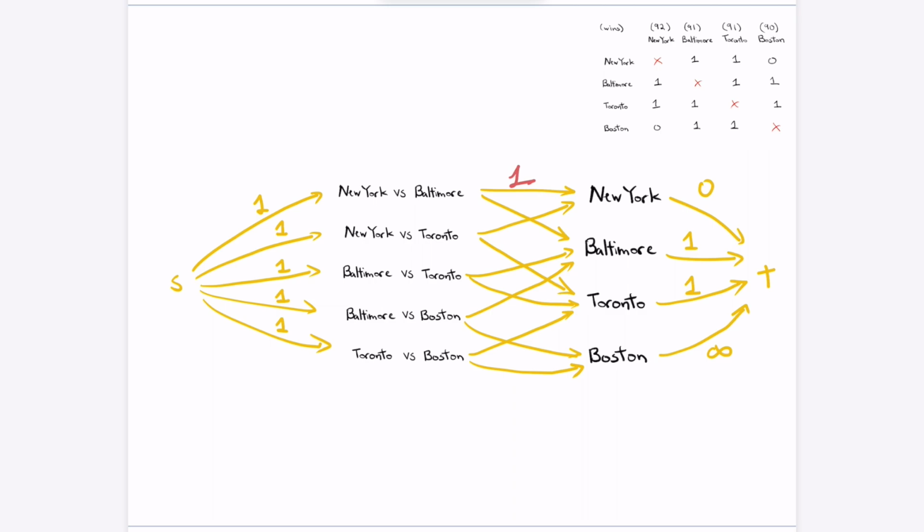Okay. And now one key thing is the right hand edges. So if I look at this table, I know that I can only afford to let Baltimore win one game and Toronto win one game while the Red Sox can still make the playoffs. And I can't let the Yankees win any games, right? So what I'm saying is, can I send really 5 units of flow from left to right subject to these constraints? It's saying, can I assign wins to each of these games so that New York wins at most 0 times, Baltimore wins at most 1 time, Toronto wins at most 1 time, and Boston can win as much as possible. That's fine. Okay. And so you'll compute this flow and you'll get that the answer is 4